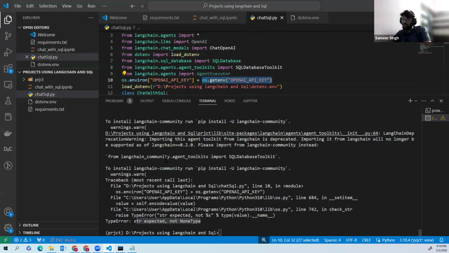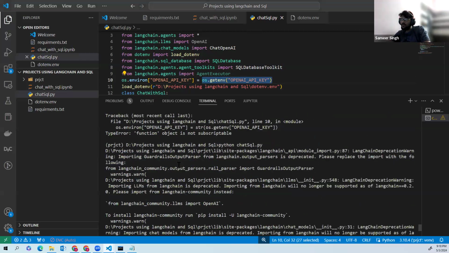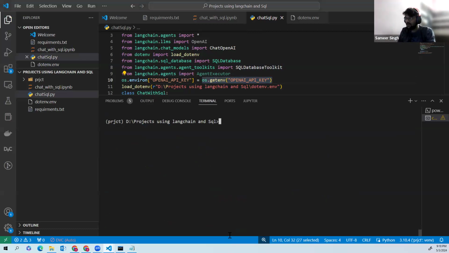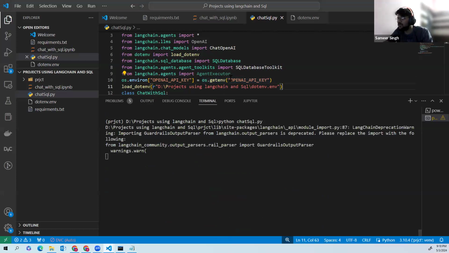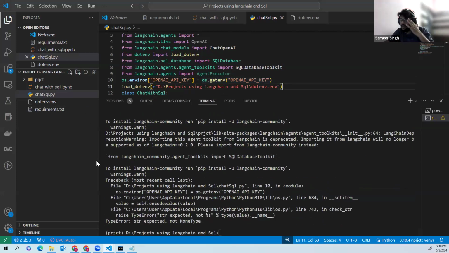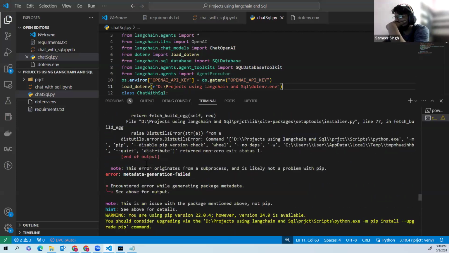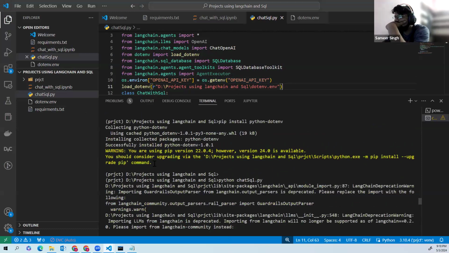I think let's see the issues where. What I'm going to do, I'm going to clear the things. I will write it again so that we'll see where exactly we are getting the issue. I think I need to convert it into the string also.